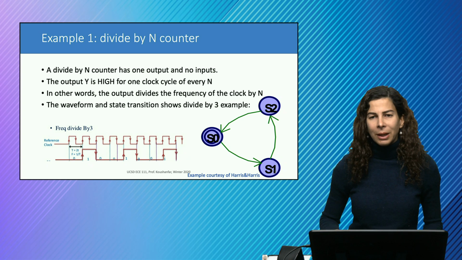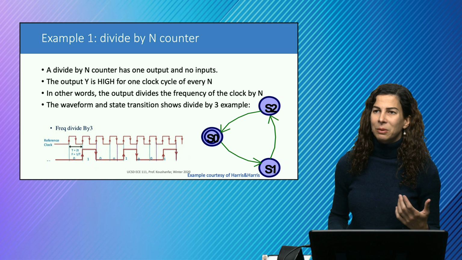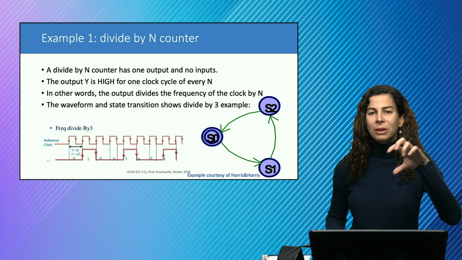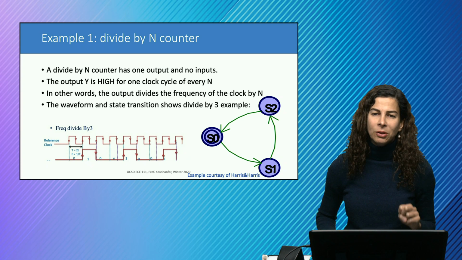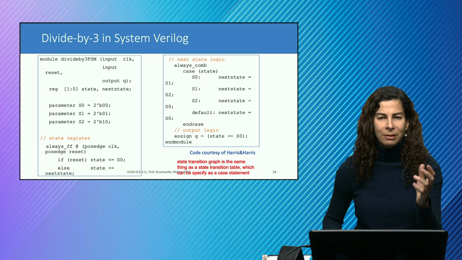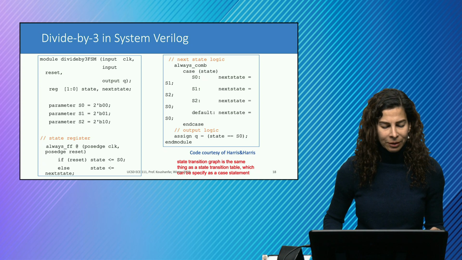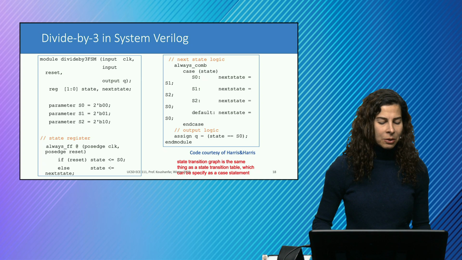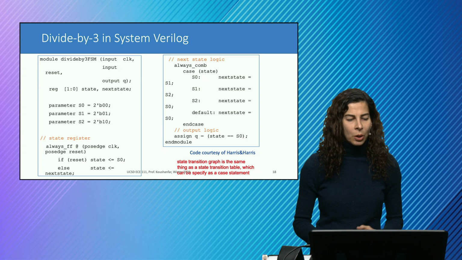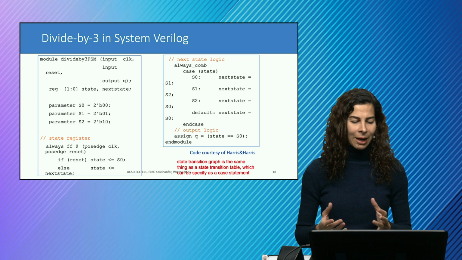Now, because we have 3 states, like the snail example we just had, we need 2 flip-flops to keep the state. So we encode the parameters for the states like that. And now, in order to express to SystemVerilog that we have a finite state machine,